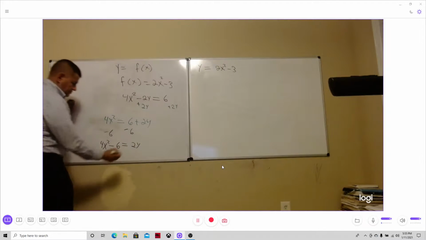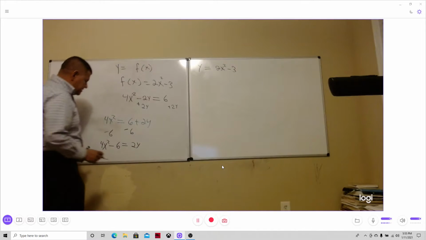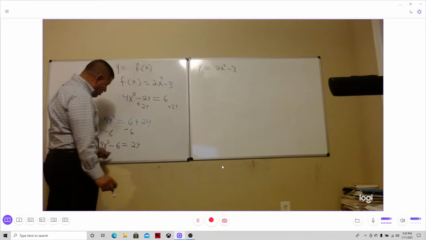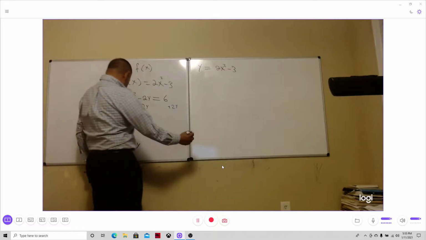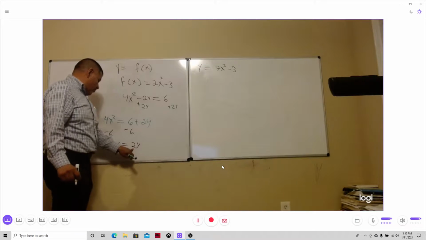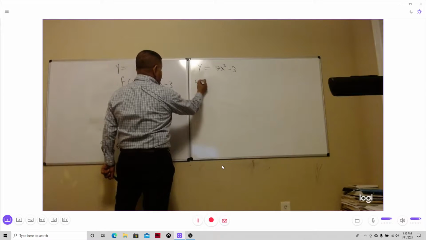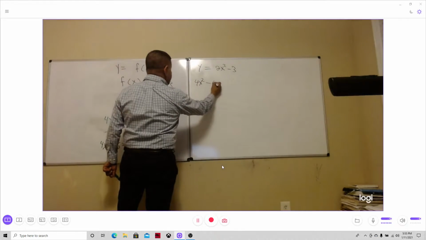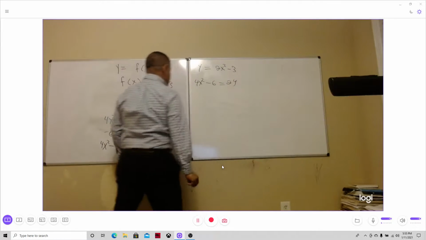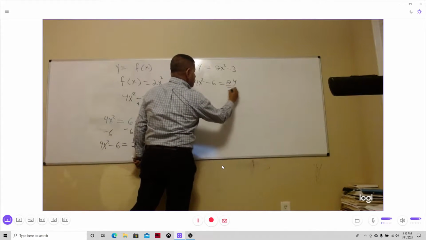So I still need to solve for y, so I have the equation 4x squared minus 6 equal to 2y. Here what I can do is simply divide by 2